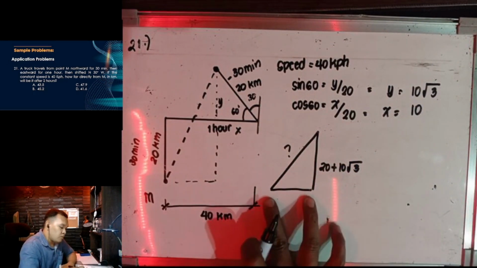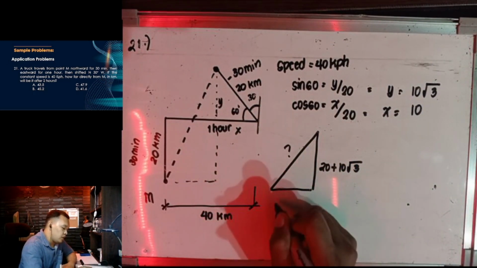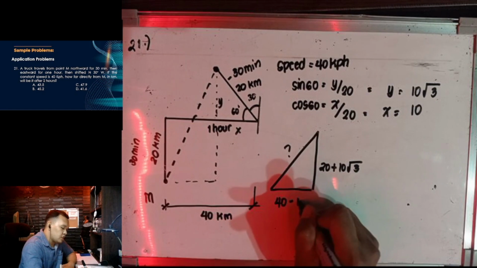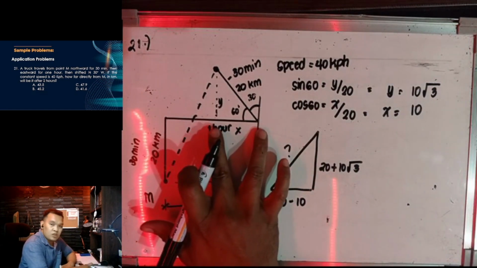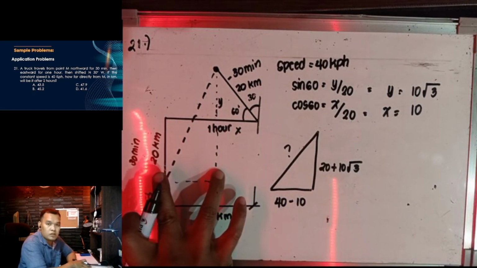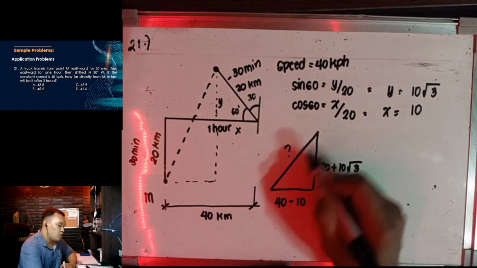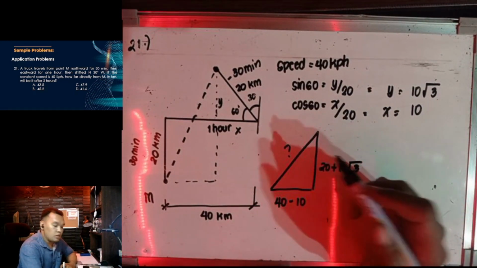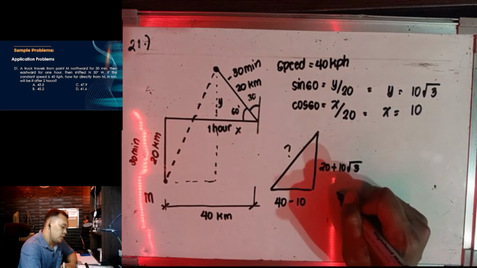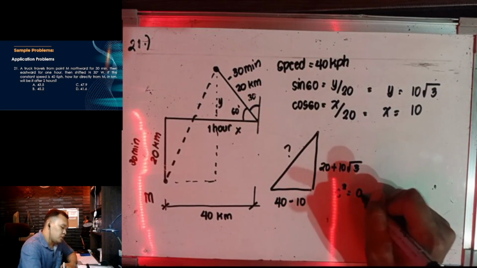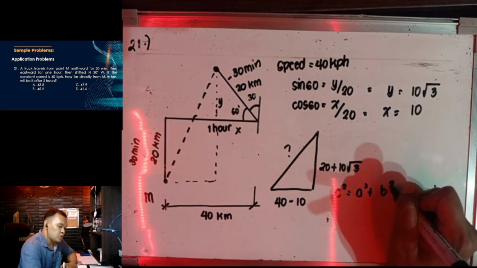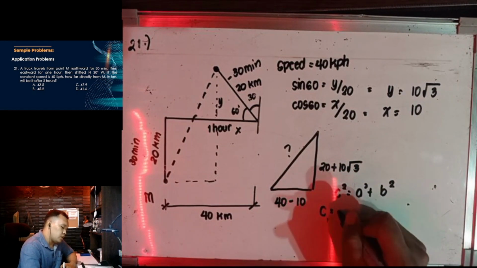Then, I have a distance here, which is equivalent to 40 minus 10. Since this is 10, then this is 40 minus 10. So, to get this, I will just use the Pythagorean theorem. We can say c squared is equivalent to a squared plus b squared. So, c is equivalent to the square root of